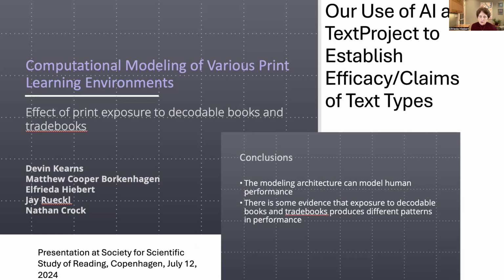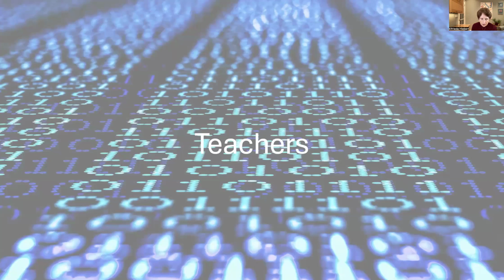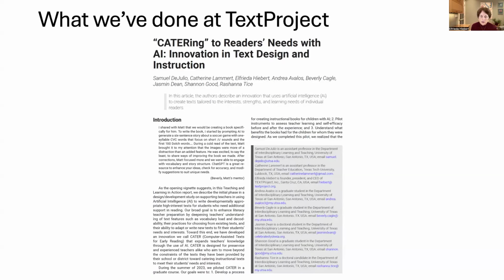But I think this is something where it's very difficult to do tight comparisons of kids reading different texts. And machine learning AI provides a context in which we can do that. Okay, so our final topic is the topic of teachers. And of the three dimensions of terminology, text, and teachers, I think as teacher educators, we've got an incredible opportunity in terms of supporting our teachers